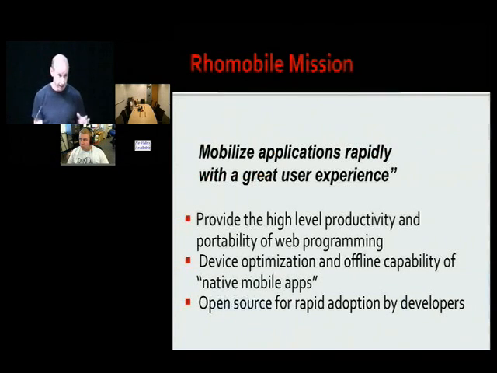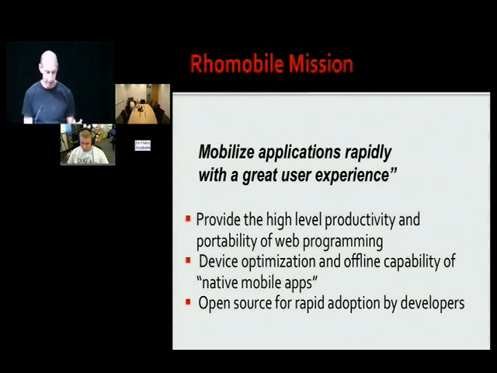So real briefly, the company that we've released Rhodes is called Roamable, and our mission is to mobilize applications very quickly with a great user experience. And the basic idea is to provide the high-level productivity and portability of web programming that I'm sure most of you are used to using, but still provide the device optimization and offline capability of native mobile apps that you might write in the native SDKs, whether it be Objective-C for the iPhone or Java for Android, and make all this available open source